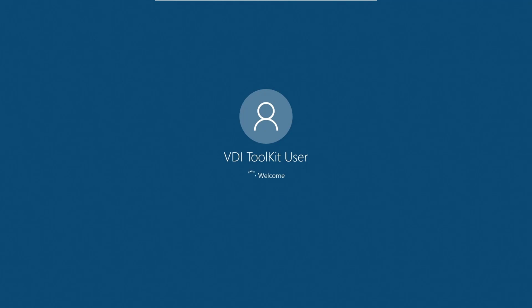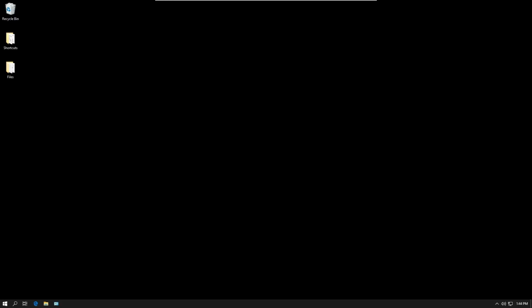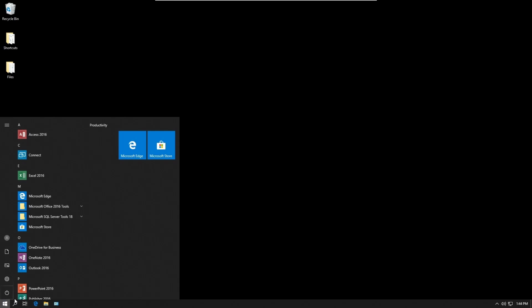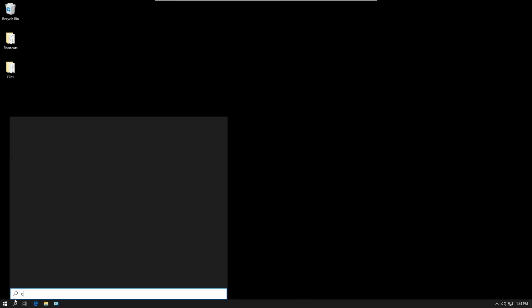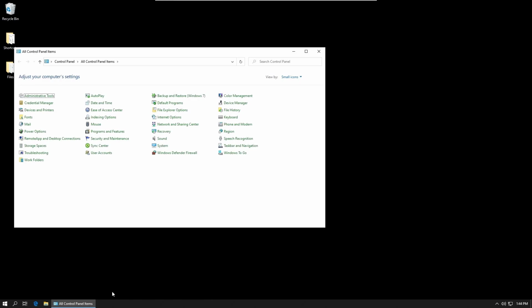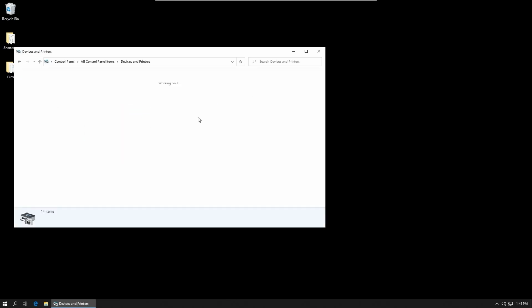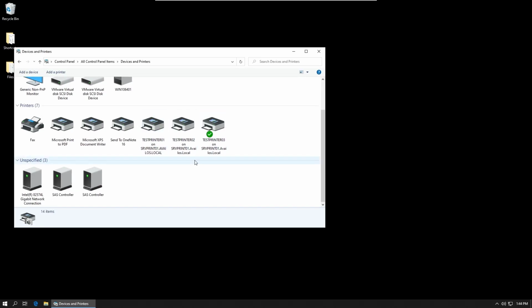So it should have 3 printers mapped, and test printer 03 should be the default with the way that we set up our rules. Okay, once logged in, we can go ahead and confirm that our printer's mapped. I'll navigate to devices and printers. And we can see here that all three printers mapped as we expected, and the default was set to test